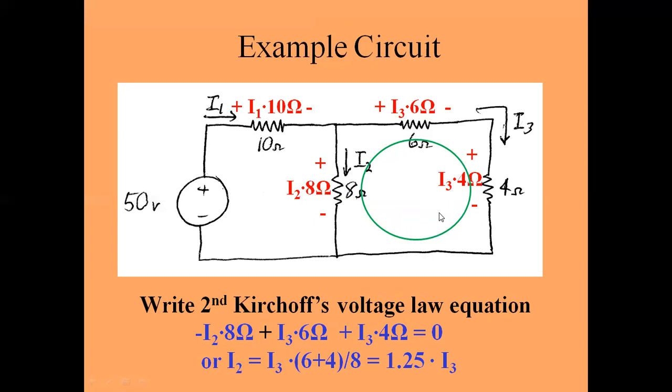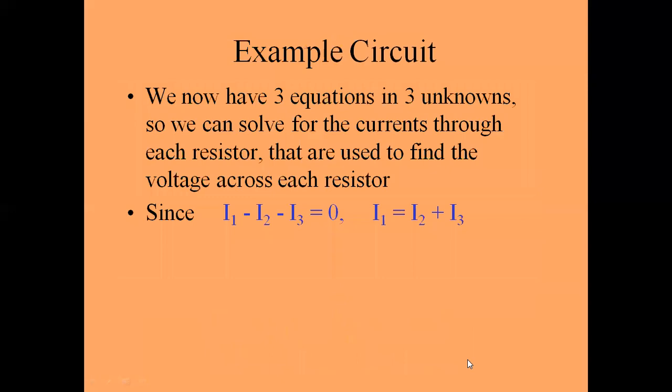Or otherwise we can write that 8 I2 is equal to I3 into the bracket 6 plus 4, I3 common, 6 plus 4 is 10. It is 10 I3 upon 8, it is 1.25 I3. So the second equation in short we get as I2 is equal to 1.25 I3. So we now have these three equations in three unknowns, so we can solve for the current through each resistor